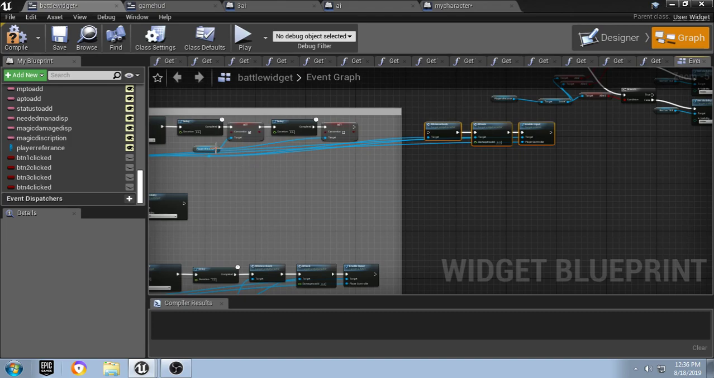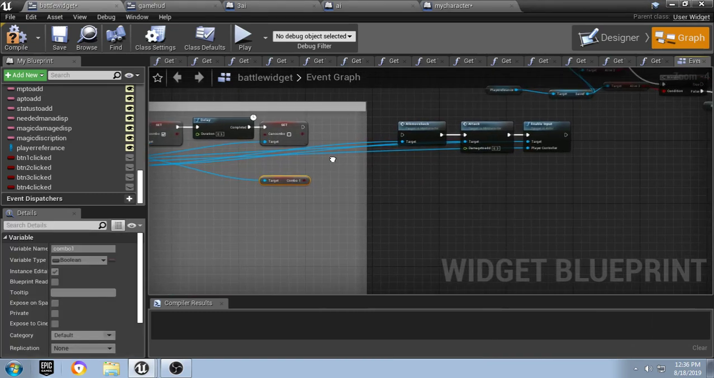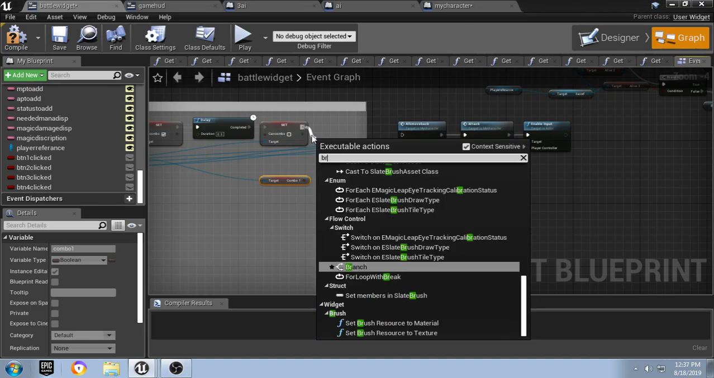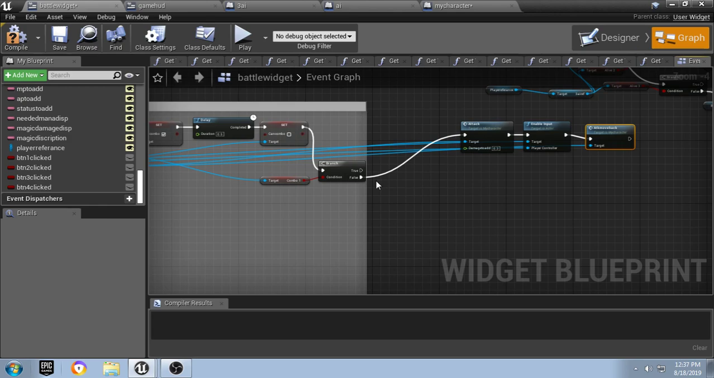and then we're gonna get from our player reference, we're gonna say get combo 1, and then we're gonna do a branch off of the can combo. So branch condition being combo 1, and if it is false, we're going to move that over there, and if it's false, we're going to perform our normal attack, and if it is true, then what we're going to do is